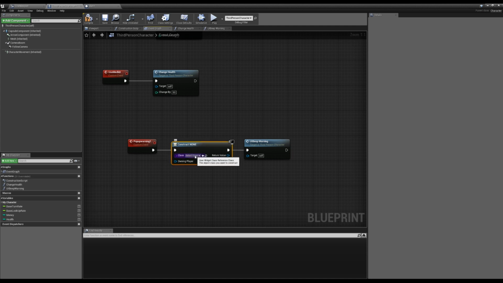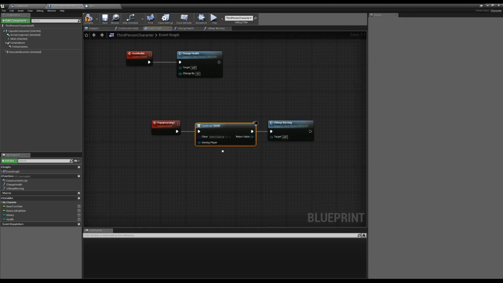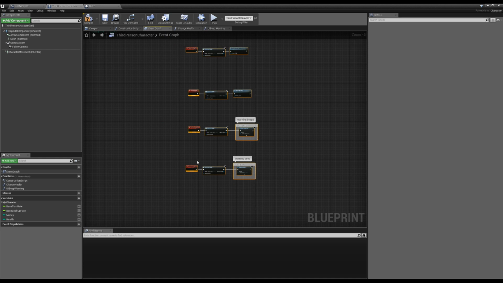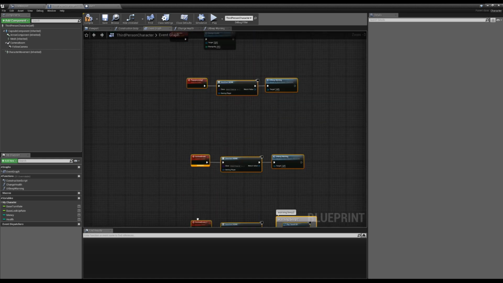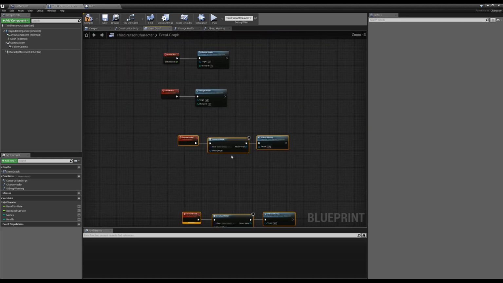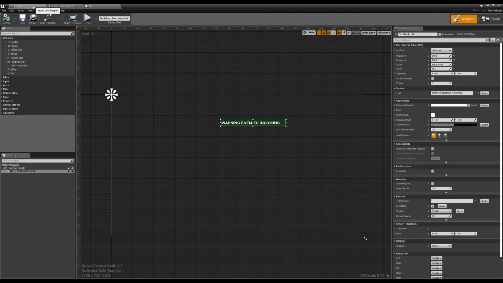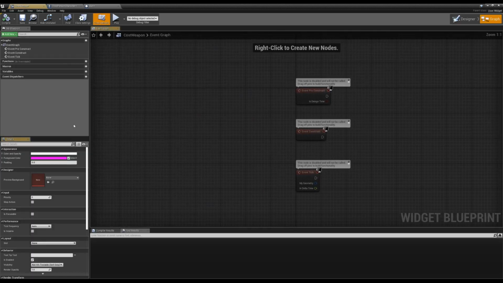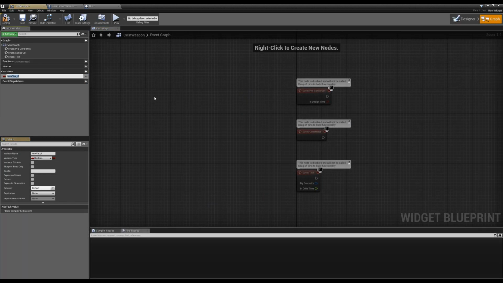The other solution might be that, well, if we're playing the same kind of warning, probably reusing maybe the same widget animations, and maybe we're playing the same audio for the widgets, why are we using so many places? This is maybe a little bit more in depth, but why are we using so much of the same kind of copy pasted code to create these widgets? This is a deeper example, and this is more specific to widgets. Maybe the better thing to do was, on our widget, create a variable, and this is like the actual text